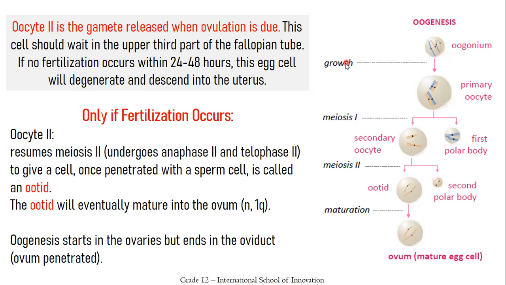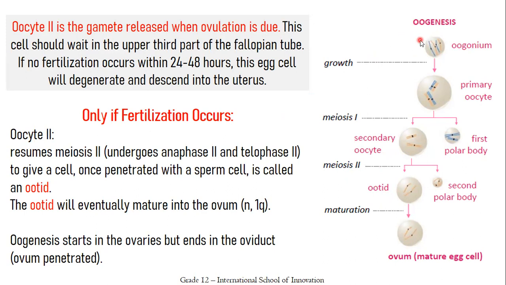This oogonium will grow. During the growth phase, DNA is replicated. Then we'll get an oocyte 1. The oocyte 1 will do meiosis 1 to produce an oocyte 2. The oocyte 2 will do meiosis 2 to make an ootid, and then the ootid will mature and differentiate into an ovum. However, there is a main difference between spermatogenesis and oogenesis: spermatogenesis is a continuous process, while